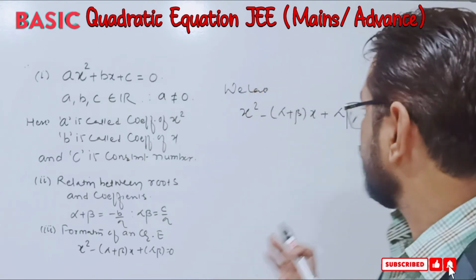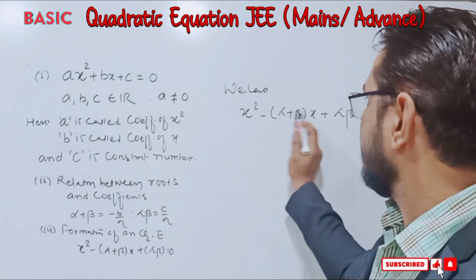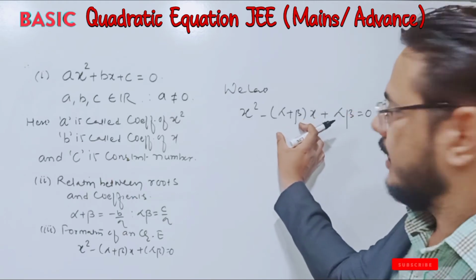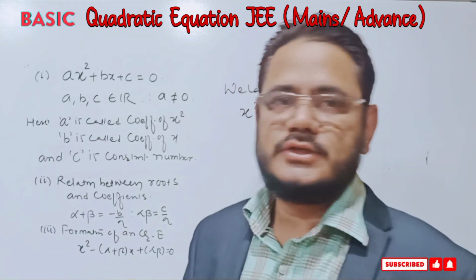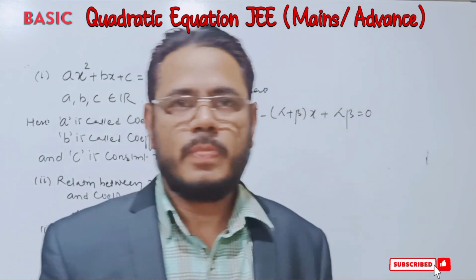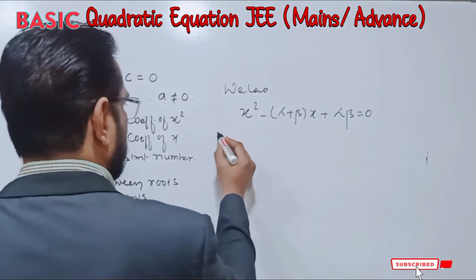Now see the nature of this equation. Very first we have x square minus sum of the roots. Here we take the sum of the roots, plus in the last term we consider the product of the roots. Now to understand this relation we consider a very simple example.